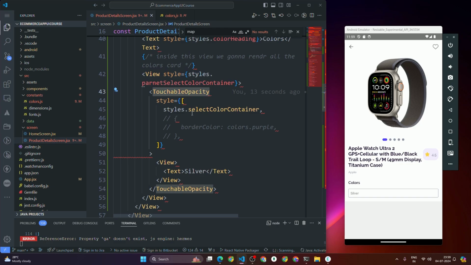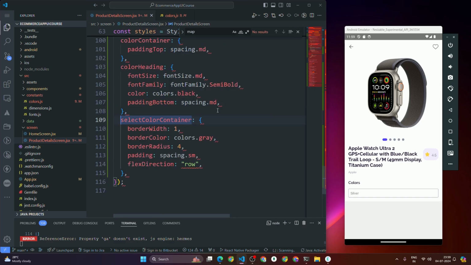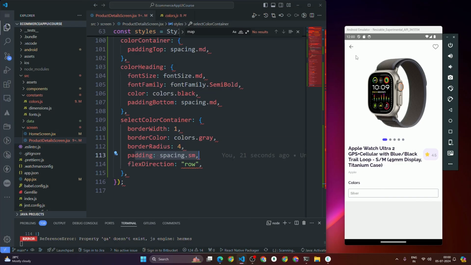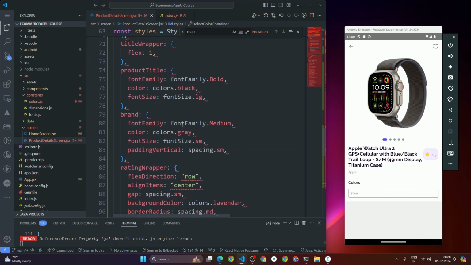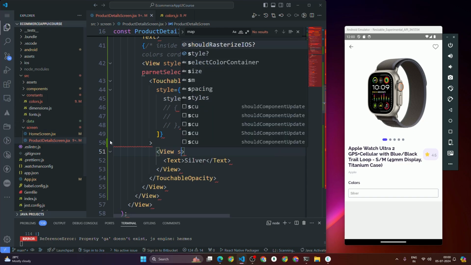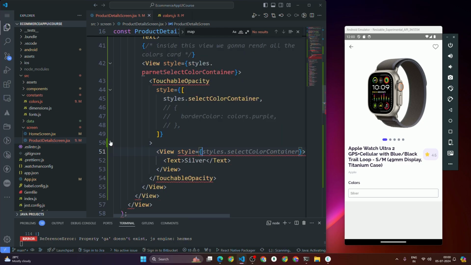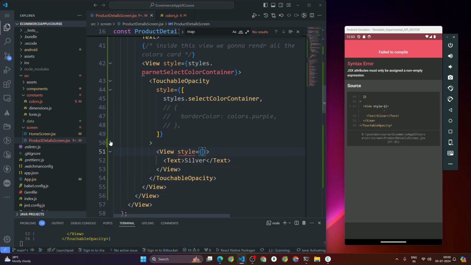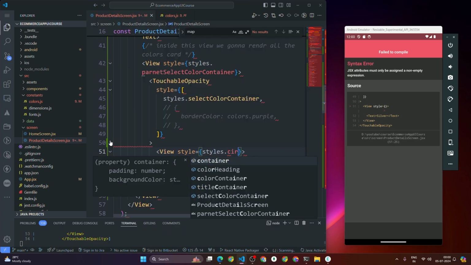I'm gonna create one touchable opacity and call it select color container, where we apply border width, border color, border radius, padding and flex direction row. But if you see on the Figma, we also need a circle, right? So let's make this circle as well. For that, I'm gonna go inside this view, and before this text, I'm gonna give this view a style. I'm gonna call this styles dot circle